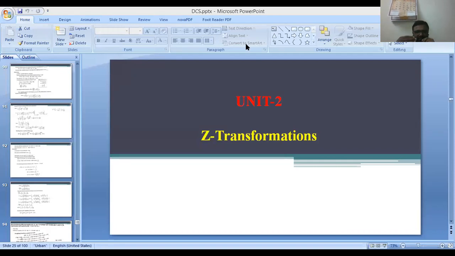Okay. So for this class also, we will solve some of the problems regarding this difference equation, and we will close this particular topic by today itself. We will start the new topic, a fresh topic, from tomorrow onwards. For today's class, let us solve some more problems based upon the difference equation, with and without consideration of initial conditions. Okay. So without any delay, let us enter into our present topic.